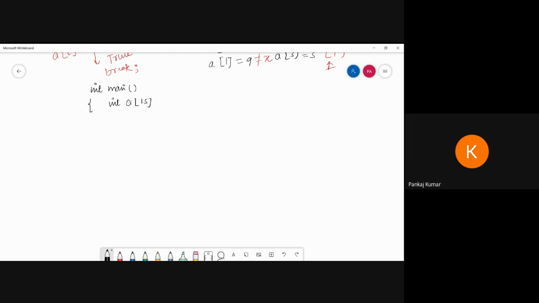Suppose up to 15 elements I can take, then I take one x element, one i, and one n. Why am I taking n? Suppose the array size is given as 15 elements, but I want to take an array of 5 elements, so this n is here 5. For that purpose I am taking it. This is the size of the array.